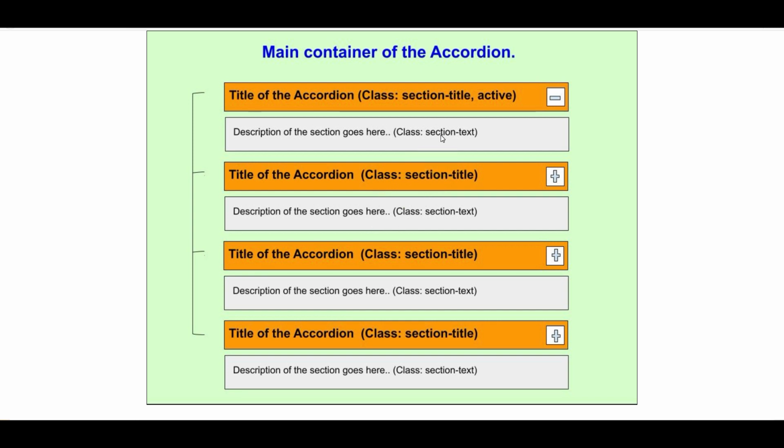By default, the descriptions of all sections which have the class section-text will be hidden at the initial time. When a user clicks on any of the headings, first we will hide the last open description by taking the reference of the common class like section-title. Next, we will add the active class to the clicked container to change the right icon for expanding or collapsing. After that, by taking the reference of the clicked heading, we will find the text description section and make it visible. I hope you are clear on the programming logic and the flow. Now let's start the code part so you will get the complete idea about it. It is very easy and so simple.